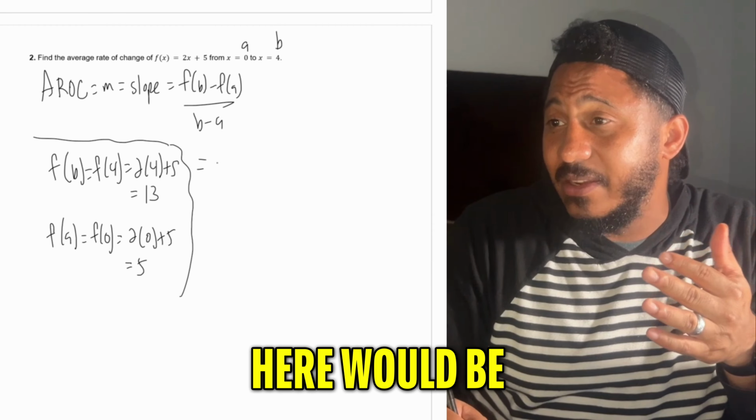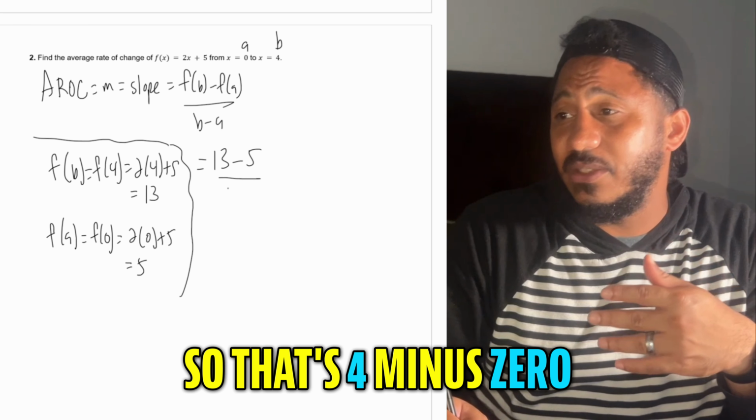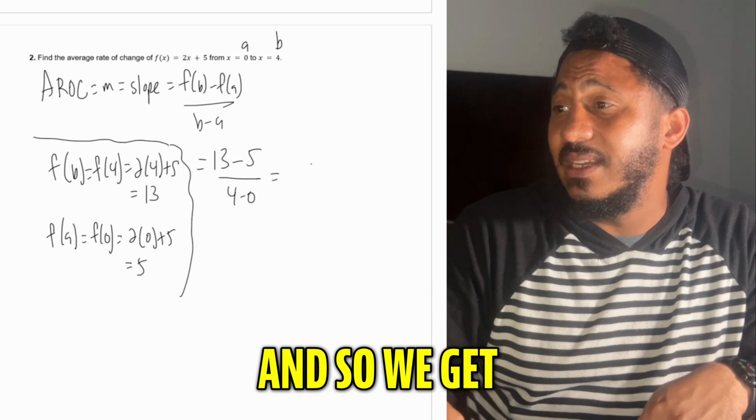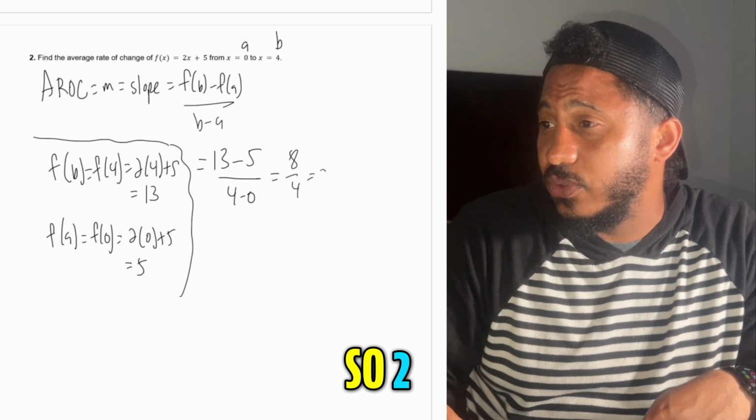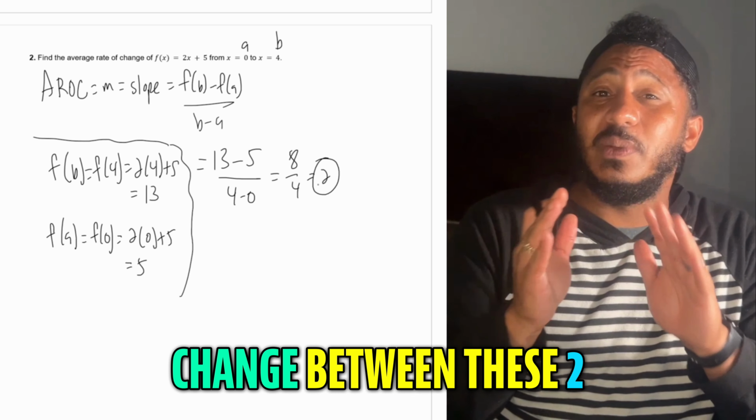So f of b here would be the 13, f of a would be the 5, over b minus a, so that's 4 minus 0, and so we get 8 over 4, so 2. So that would be our slope of our secant line, our average rate of change between these two x values